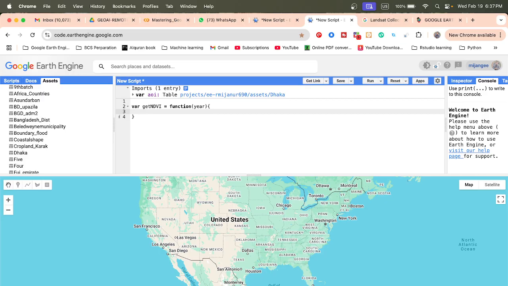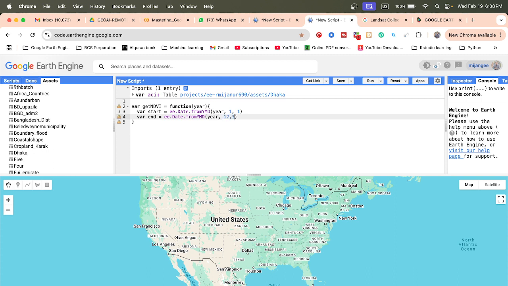I want to create the yearly NDVI, so take a variable, suppose start, and define the ee.Date object, ee.Date.fromYMD, put here the year and the first. Then take another variable, suppose end, and use ee.Date.fromYMD. I put the element name year, so just put the year here,